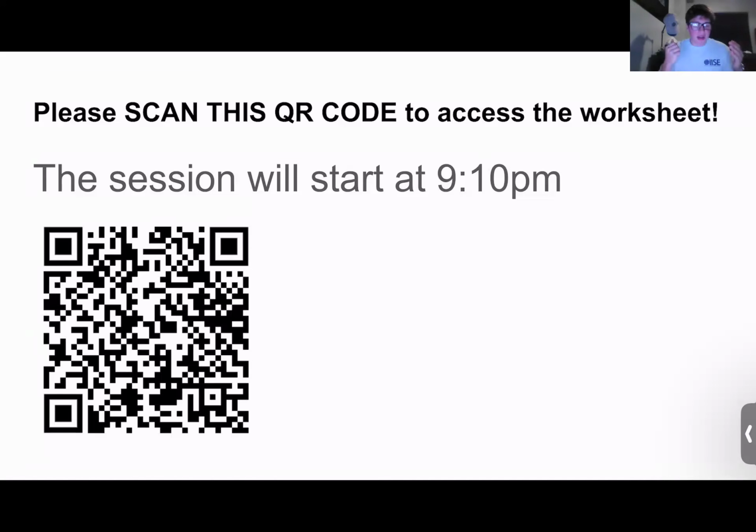Hey guys, scan this QR code because this is going to be the worksheet we're going to be working through today. For those of y'all who are on an iPad, it's kind of easy for y'all. All you have to do is scan it and upload it as a PDF into your notes app. For those of you who use just paper notes, I'm sorry that I didn't give this out earlier,